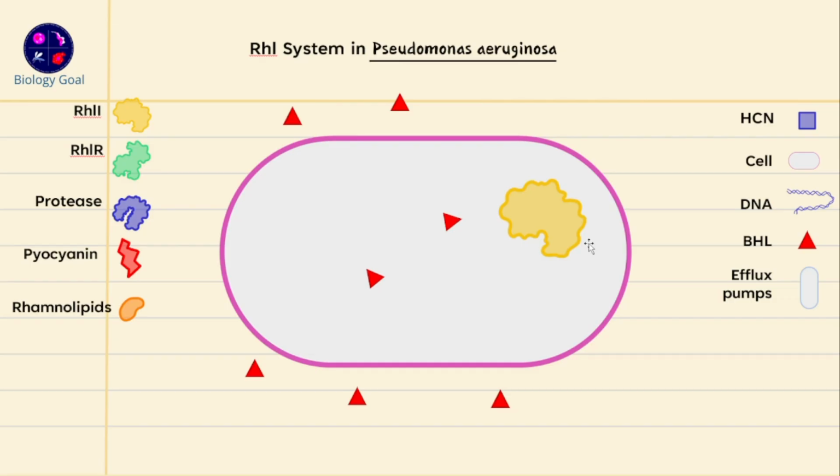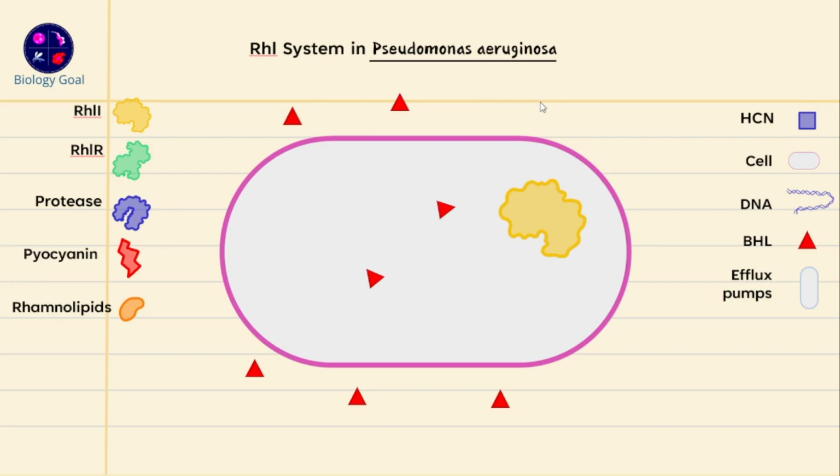SAM is S-adenosyl methionine. So that is one. Second is butyryl acyl carrier protein. So that's the carrier protein, which is going to be utilized by rhlI, and you will get these molecules constructed on regular basis inside the Pseudomonas aeruginosa cell. So you can understand this is the constructor of BHL molecules, and the substrates, they are SAM and butyryl acyl carrier protein. So acyl carrier protein as well as the SAM is the common substrate for LAS as well as